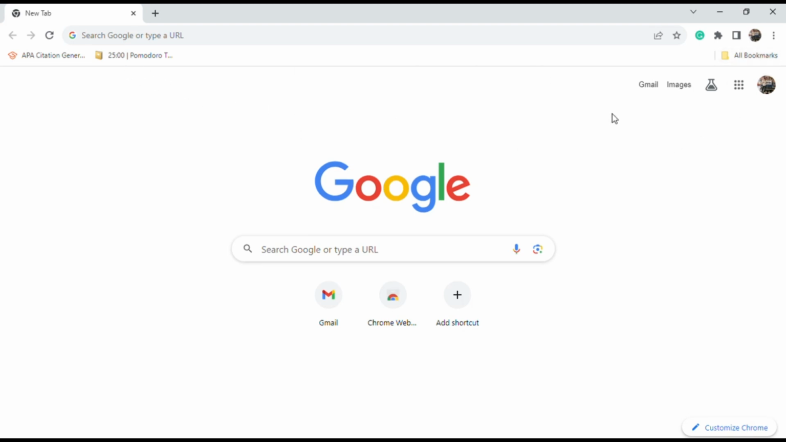Today I'll be teaching you how to customize your Google account. So first, we need to hide the extensions. To do this, just go to Google, click on the extension icon right here, and just unpin all of the